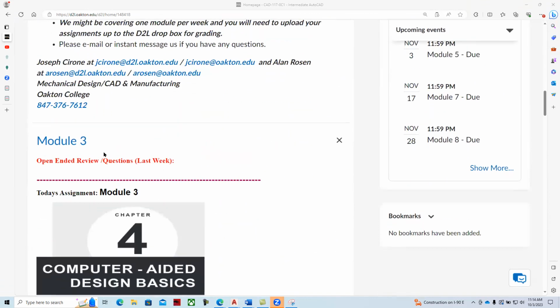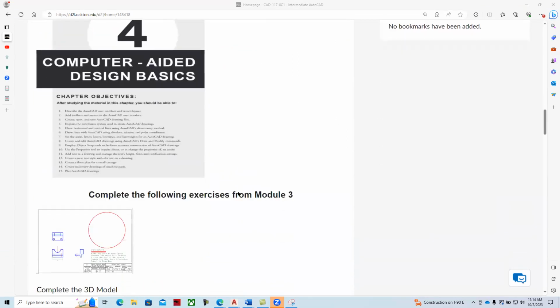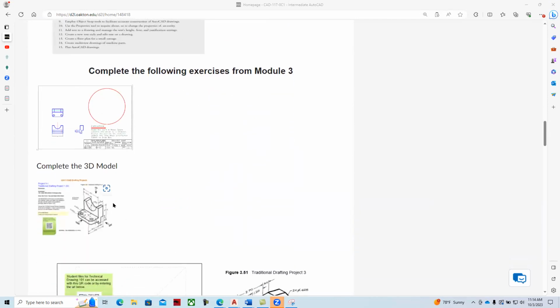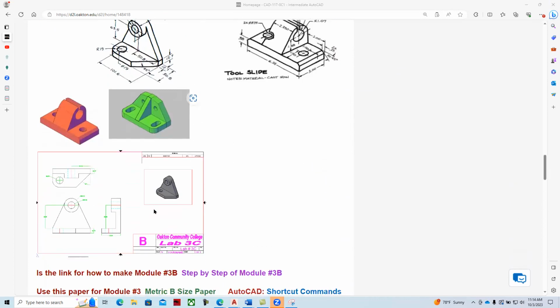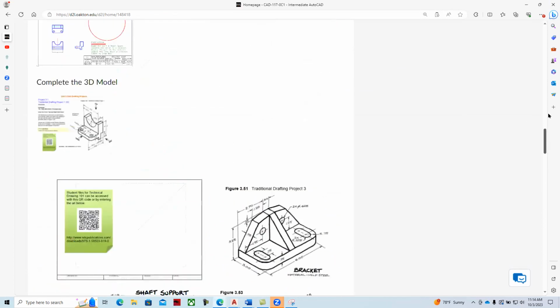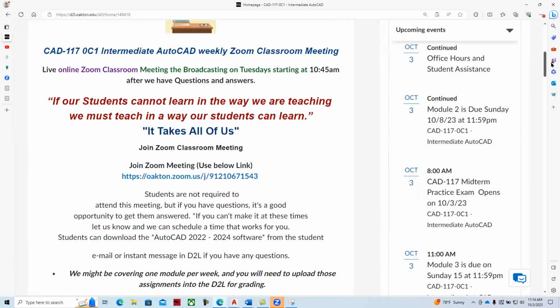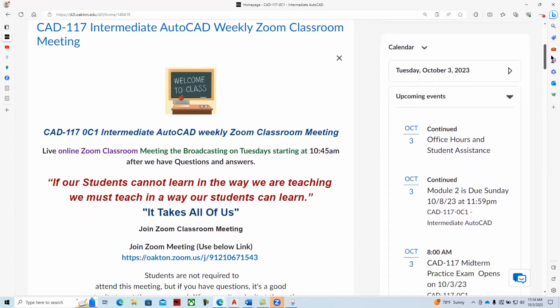This week, we've released Module 3, which goes through traditional drafting tools and computer-aided drafting basics. We have one assignment, which is to complete a mechanical drawing of this metric part. And then we have some bonus assignments, which is to create the additional assignments as shown here. We've updated the due dates in the calendar. And so as we look at the calendar and we look at the outline of topics,